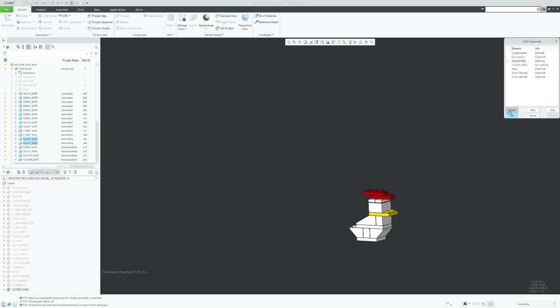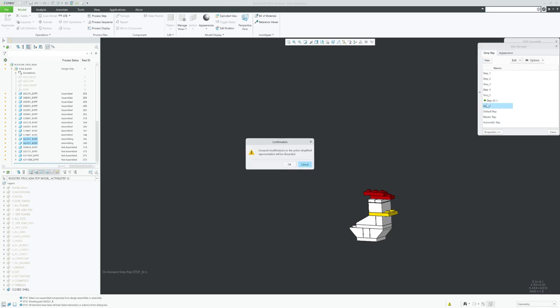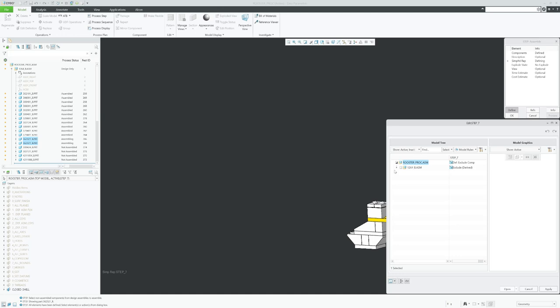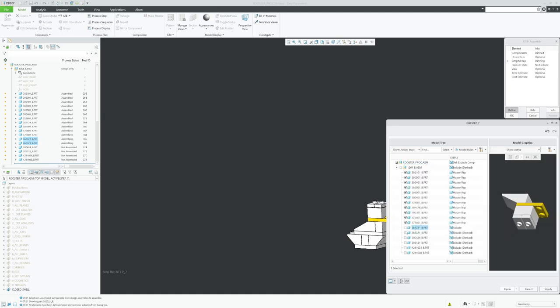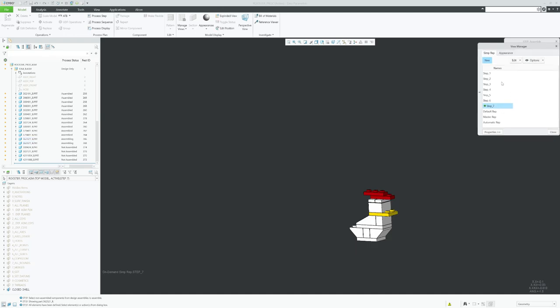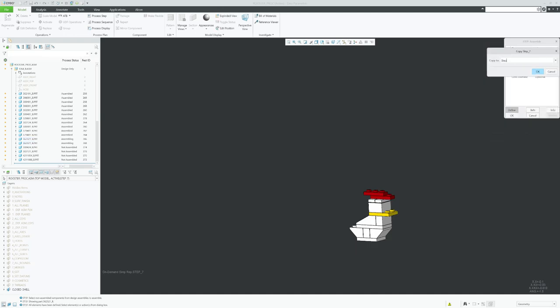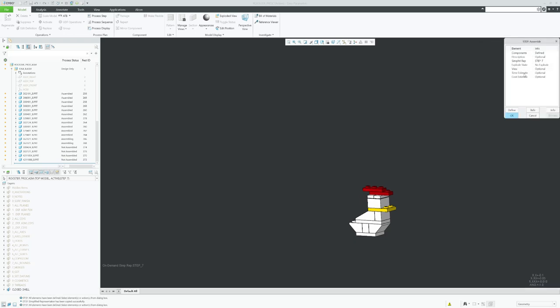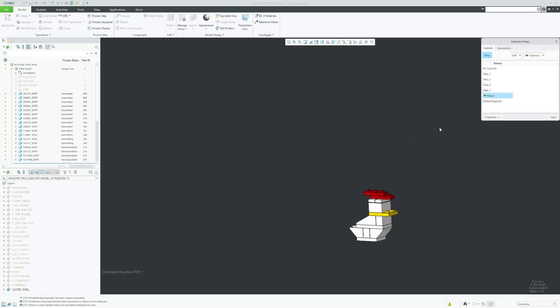Simplify representation, define, double click on step 7, edit definition, activate the next two, click open, let's make a copy, step 8, okay, keep underscore 7 selected, close, explode state, define, new, step underscore 7, new, oops,